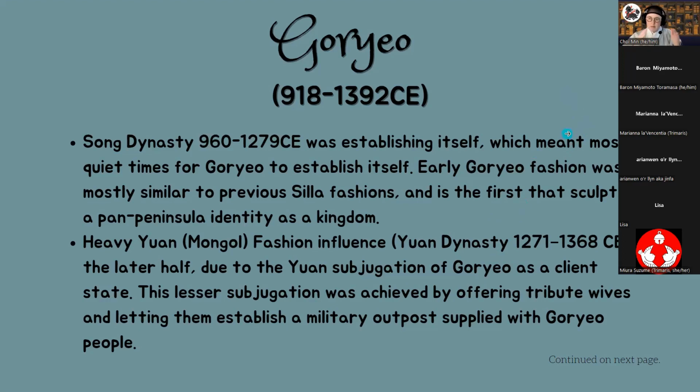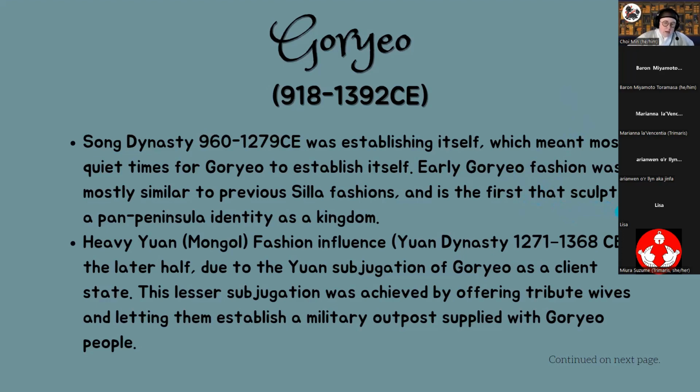And then over time, they're getting fed up with this, and they try to revert back to Korean clothing. That's why I'm saying they have the start of a national identity when it comes to Goryeo. So they know what is Korean, and they know what is Chinese or Mongol, Yuan dynasty stuff at this time.